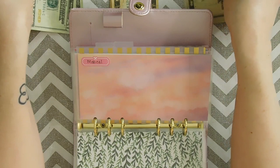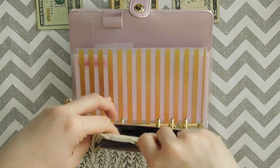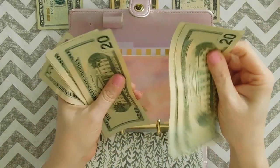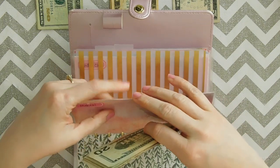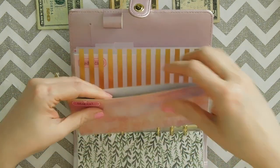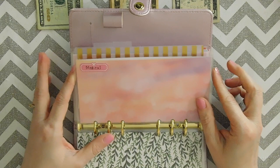Medical is going to get 25. And so that has our medical account, I believe, at 100. 20, 40, 60, 80, 85, 90, 95, 100. And like I shared, I believe last week, we got a bill for a copay for my daughter for $35. I might just pay that in the next week or so and then put this extra money towards the snowball,